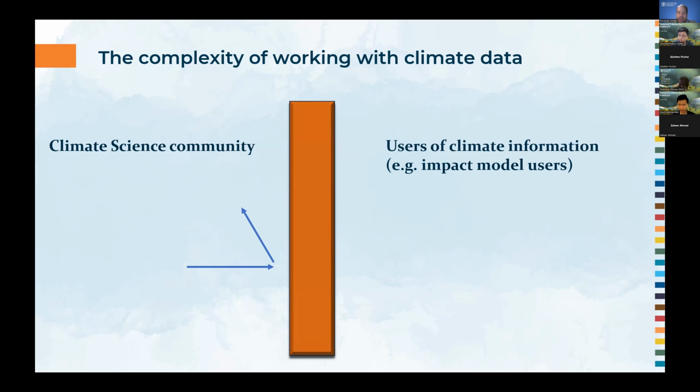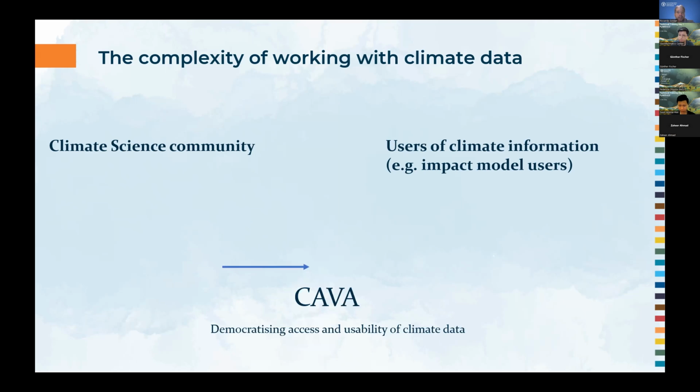For example, on the right side here, you see the impact model community users, and there is the barrier. So when we developed CAVA, which stands for Climate and Agriculture Risk Visualization Assessment, the idea was to democratize the access and usability of climate information, in particular from climate model outputs.